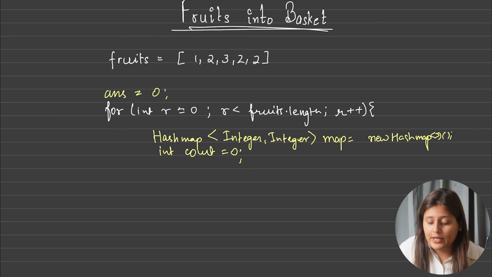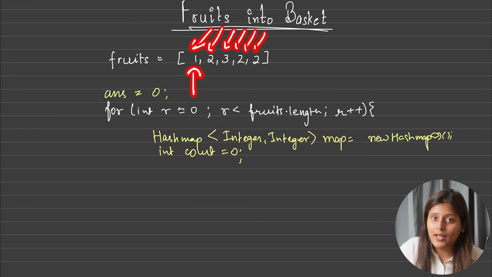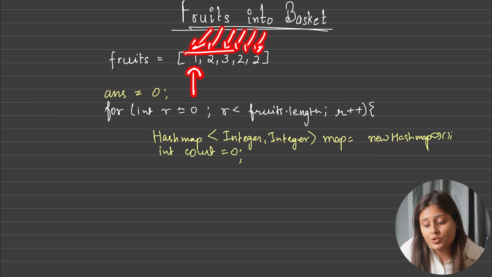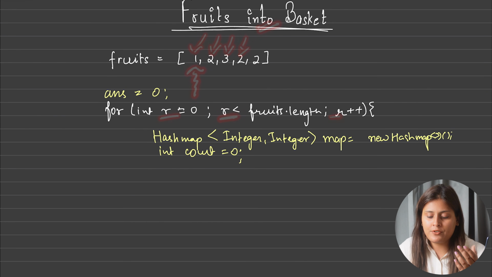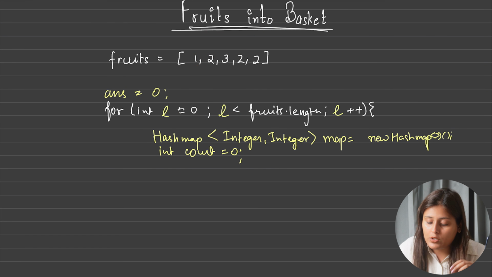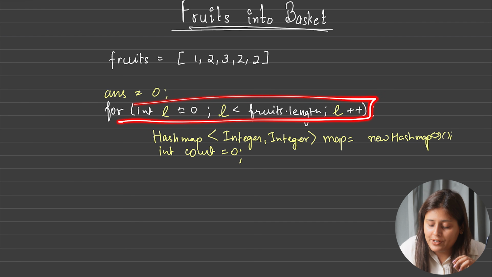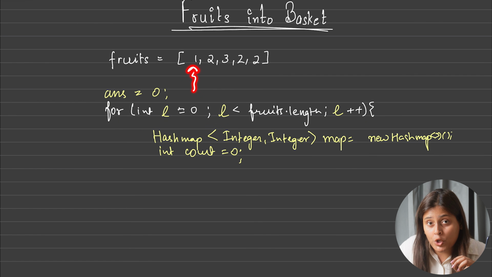Now what do we want? So here is our right pointer. Now I want to start another pointer which will run over this whole fruits array and which will start collecting my elements. So what should I name it? Let's call the next pointer, which is moving forward for every R, R, and the current R which we have written, let's convert this into left so that it will become easy for us to maintain. So this starting pointer will be the left pointer because it will be waiting here, and now we want to start our right pointer from this index, which will go and collect our fruits.